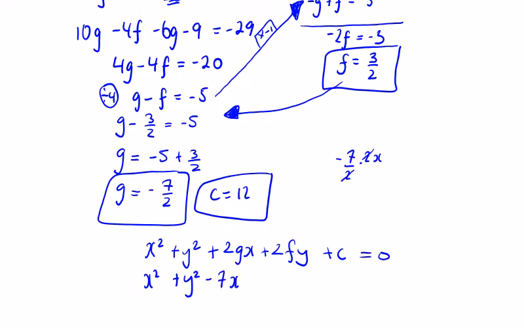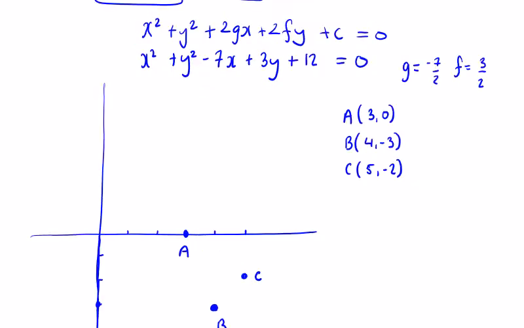Then I have plus 2fy, sorry, I put the wrong f in, did I? No, 2fy, 2 by 3 over 2 by y, so I'm going to get plus 3y, and then plus 12 equals naught. Okay, if we look at another way to do this question, I'm just going to draw